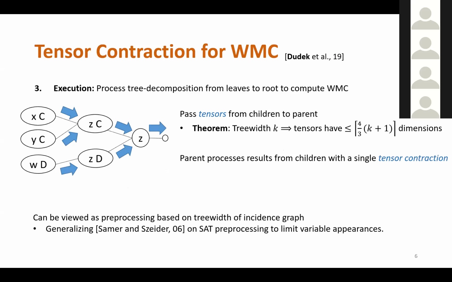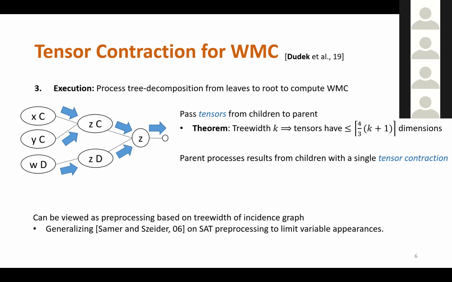The way that we use the tree decomposition, again, is this bottom-up approach, where we start at the leaves of the tree decomposition and compute some simple information, and then pass messages from children up to their parents, all the way up to the root, correlating the information as we go. The idea of this algorithm is that we pass tensors, multidimensional arrays, from children to parent, and then we can express the information combination step at each tree decomposition node as a single tensor contraction of these tensors.